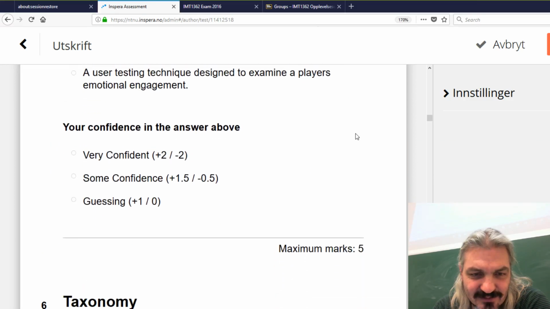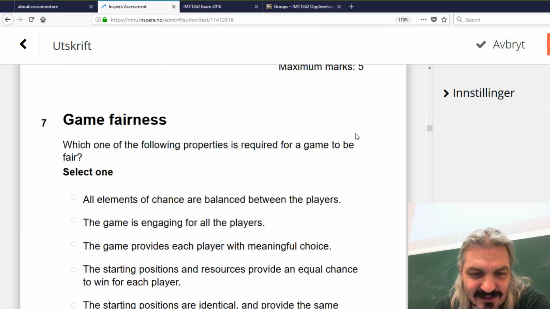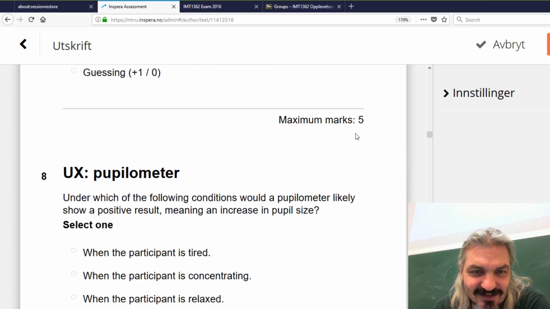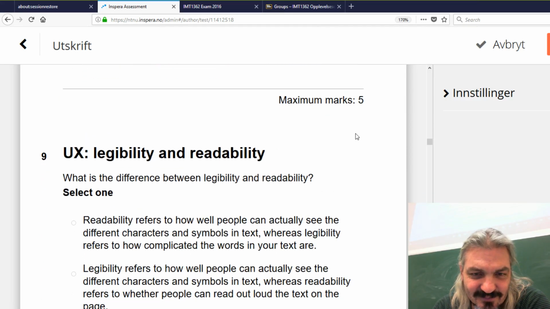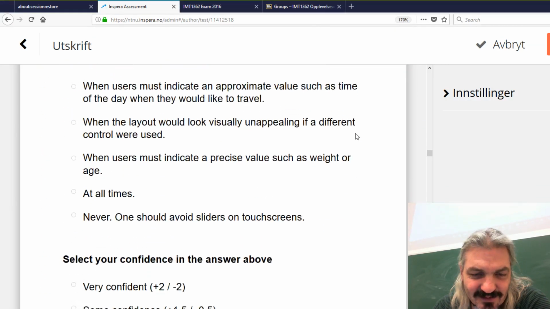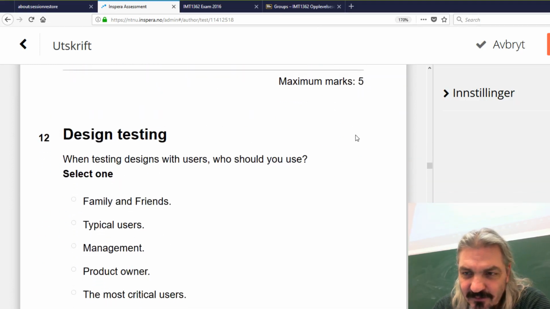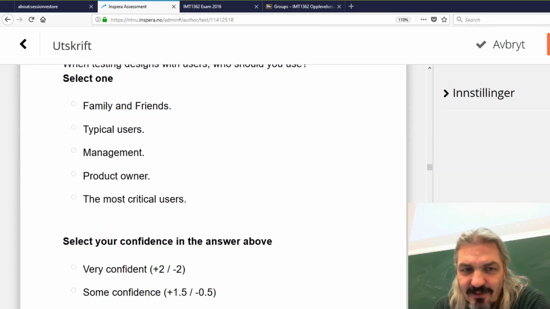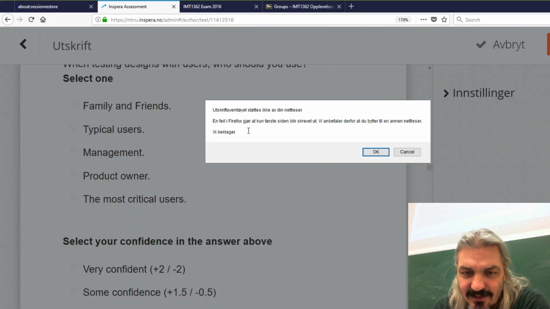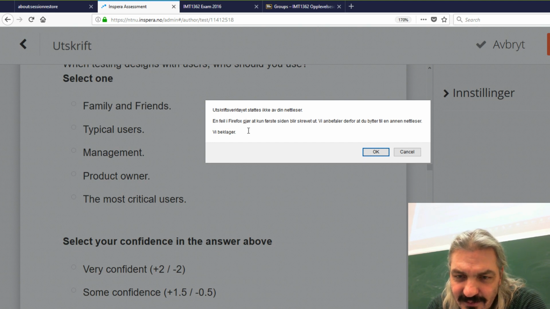Affordances, motivation, taxonomy, fairness. Yep, so if I download that... okay, so sorry.